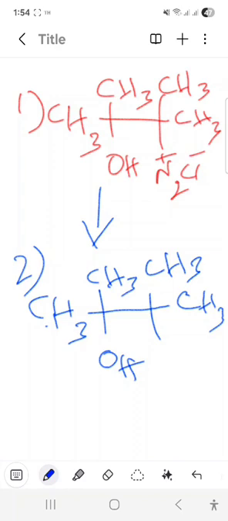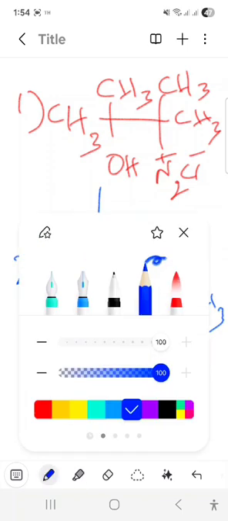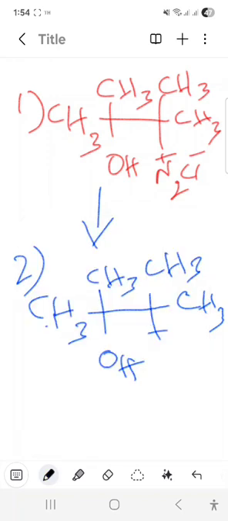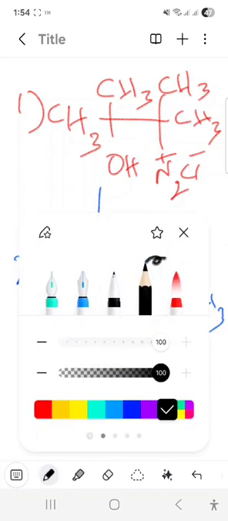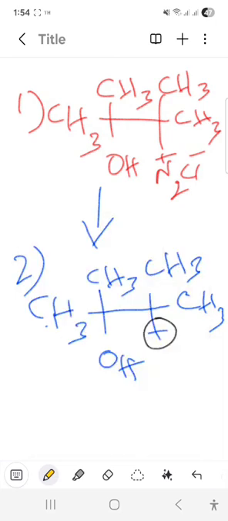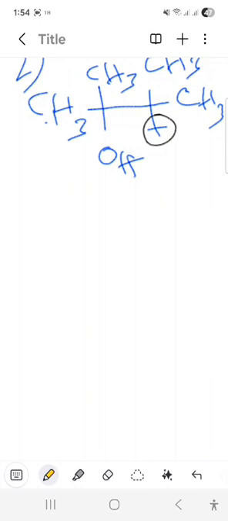After removing it, in the place of N2+ Cl-, here a carbocation is formed, because it is an unstable compound. So that's why it is removed and forms a carbocation. Here once you can see this carbocation; after that carbocation, what happened? In the third step, if you identify, the third step converts into